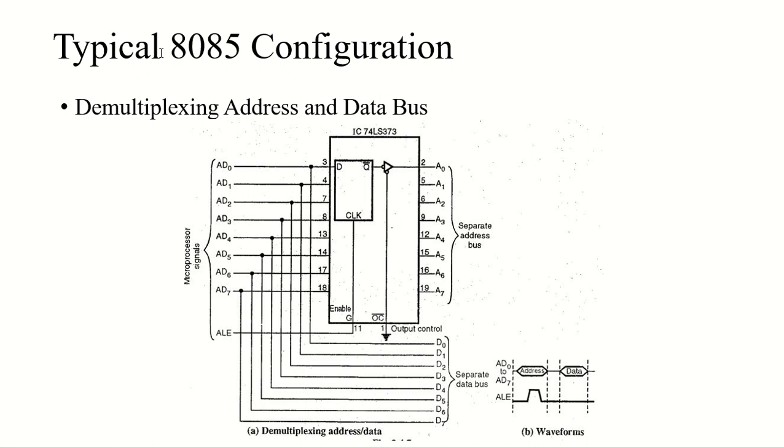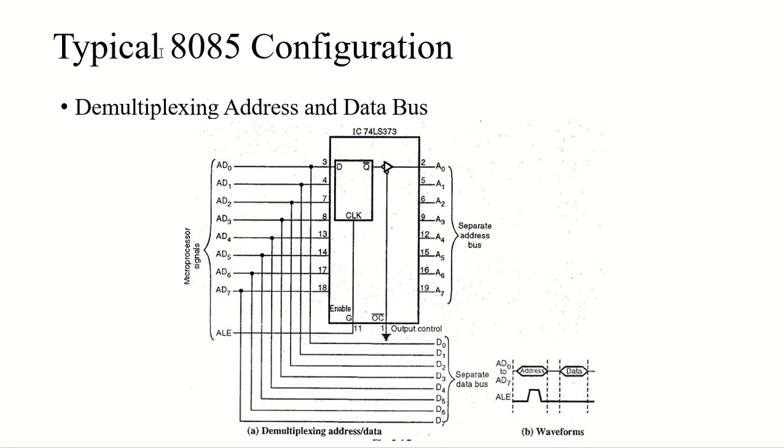And before the address disappears, ALE will become 0. Due to this, the contents in the flip-flop will get latched. Even though the input toggles, the output will not change. Thus, till the next cycle, unless the next ALE appears, the status will be latched and will not change at all. So now AD0 to AD7 will continue as the data bus and will be labeled as D0 to D7 only. Now from A15 to A8, we have the pure high order address bus,